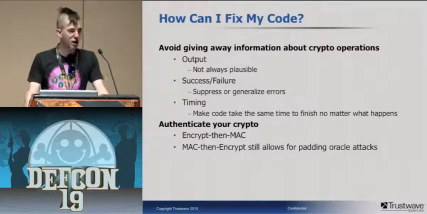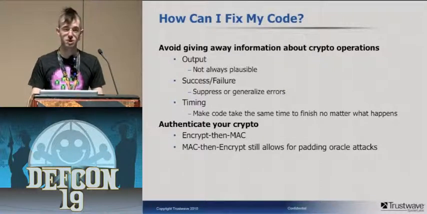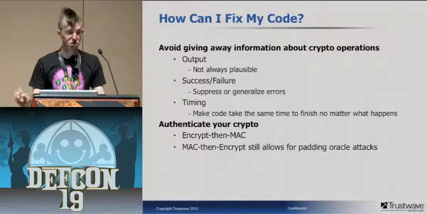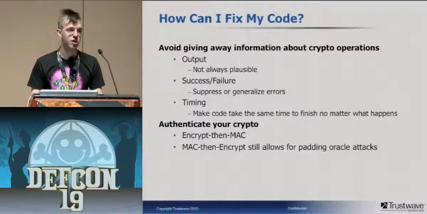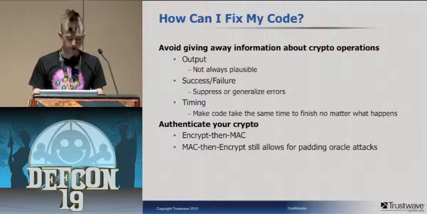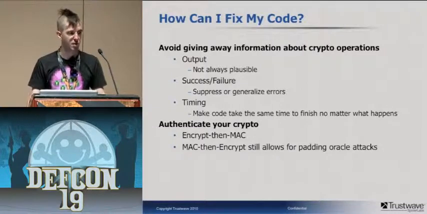So what can you do? I don't want to make too many suggestions because, like I said, I'm not a cryptographer, and the suggestion I might give you might be vulnerable to some other attack. Right now, I think there's a problem in that it's hard to do crypto right, unless you're a cryptographer. I think Keyczar is nice because it just says, hey, encrypt, decrypt, and you don't have to specify an algorithm and a padding mode and have to know what all that entails. But there are still mistakes. Obviously, giving out information is bad. Leaking output from cryptographic operations is bad. Try not to give the output.